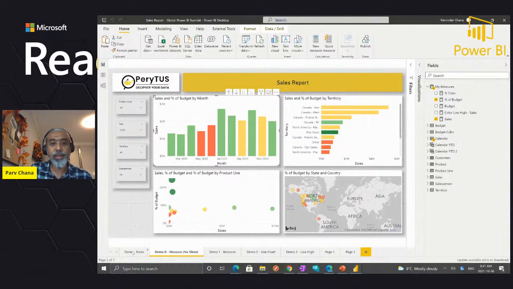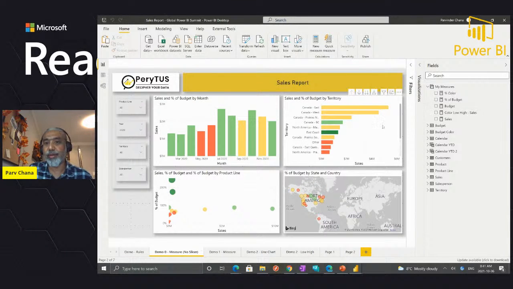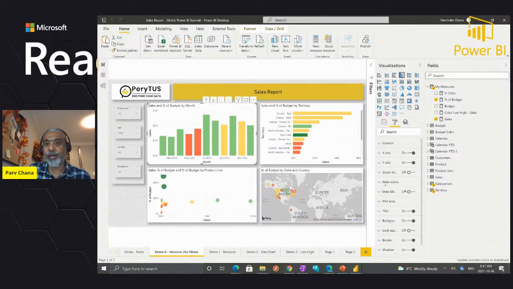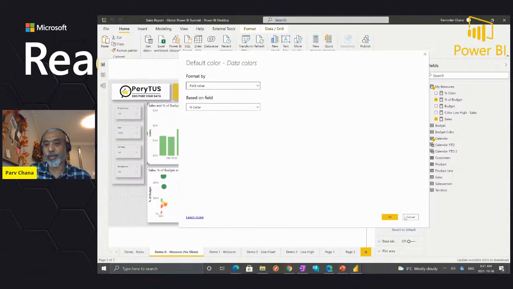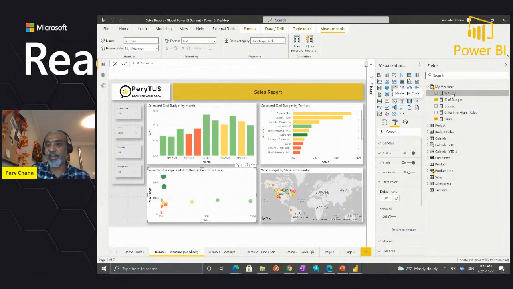So here is the outcome of what I have done. If you look at the same report, same page, but I have applied this new rule. If we look into any of these visuals, they all follow the same one measure for the conditional formatting. If I go in the data bar, data color, so I go to fx, pretty much field value and percentage of color. And if I come to this one, I have an fx, so field value, percentage of color. Come to my scatter chart, same thing. So what does that mean? It is one percentage color. Now it is very dynamic, right? The measure is being used in all the visuals. They all look identical.